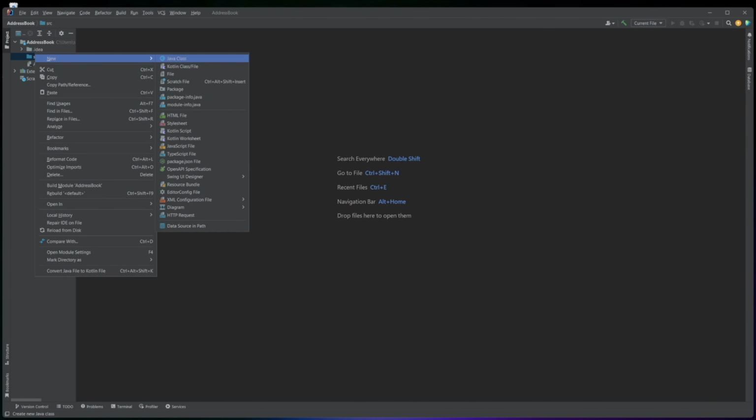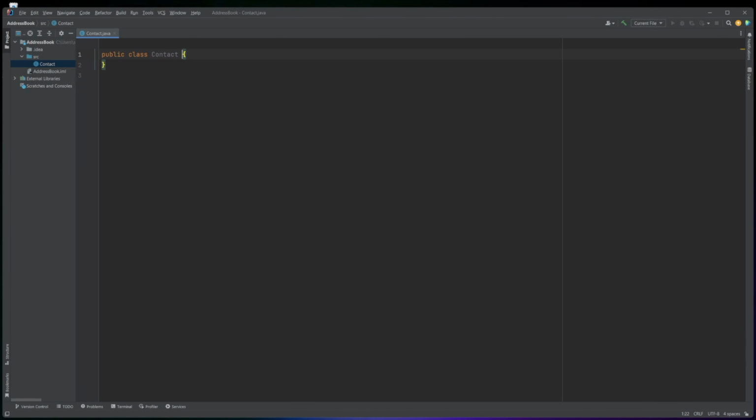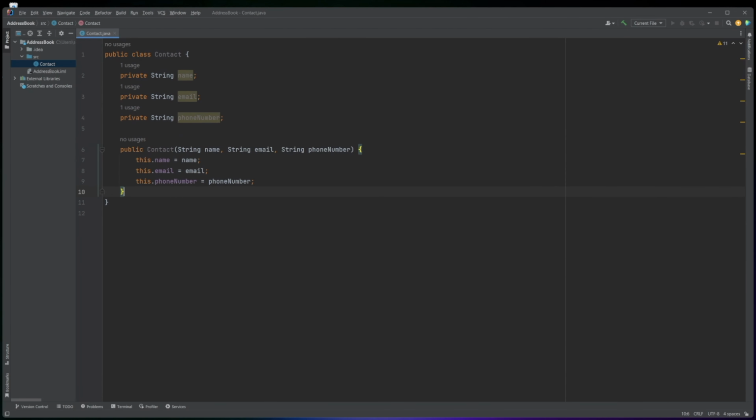This Java code defines a class named Contact which represents a contact in an address book. The class has three private instance variables: name, email, and phone number. The constructor for the Contact class takes three parameters: name, email, and phone number, which are used to initialize the